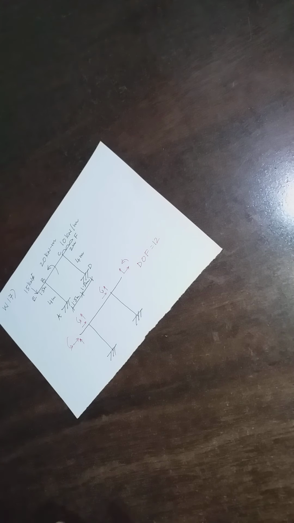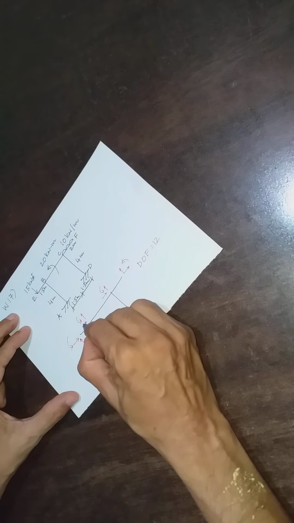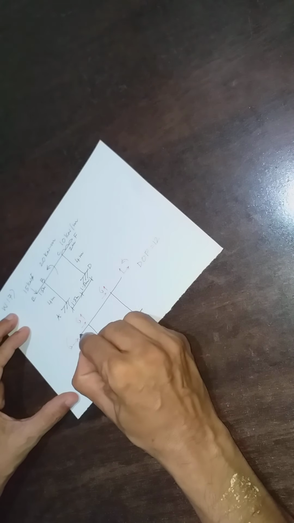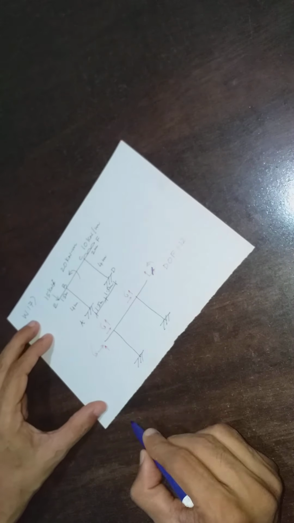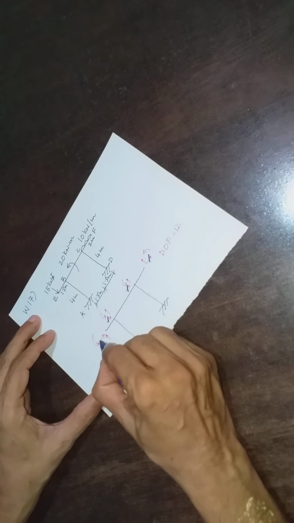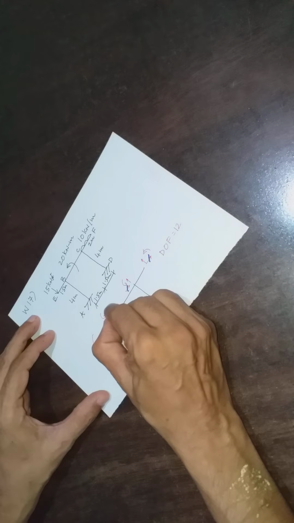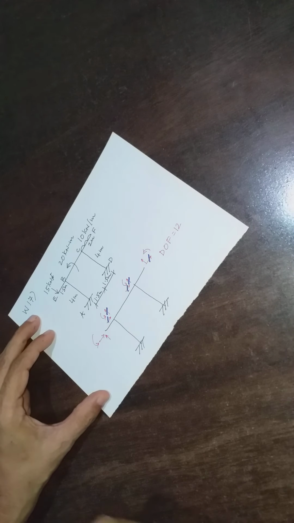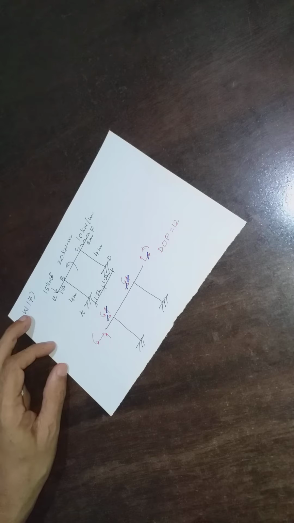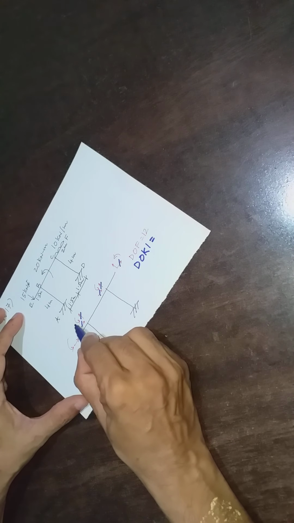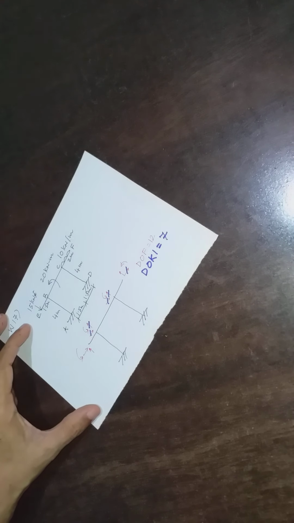But we know we can cancel non-possible degrees of freedom. So this deflection equals this deflection equals this deflection equals this deflection. Because we are neglecting axial deformation, we can consider all 4 deflections as the same. So I can cancel 3 of these deflections, only 1 is left. Since the column will not settle down, these 2 are not possible, so we can neglect them. Others are possible. So the degree of kinematic indeterminacy of the original structure is 3 plus 1, 4, plus 2, 7. 7 degrees of kinematic indeterminacy.